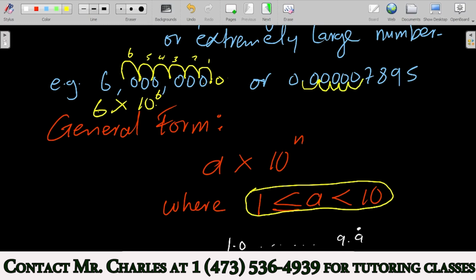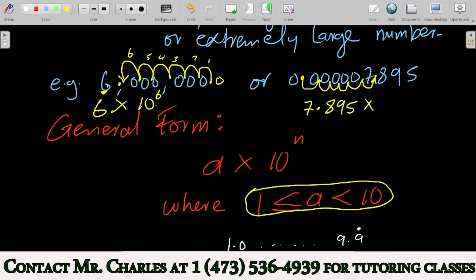As a matter of fact, we're going to move the point until we reach just to the right of the first non-zero digit. Anytime you're moving the point, you move it until you reach to the right of the first non-zero digit. Okay, so here the first non-zero digit, and in this case the only non-zero digit, is 6. So we move the point until we reach to the immediate right of the first non-zero digit. Here again we're moving the point until we reach the immediate right of the first non-zero digit, which is 7. So our answer here would be